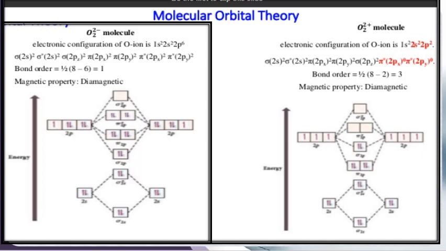Now what about O2 minus 2 and O2 plus 2? What does it mean? O2 minus 2 means the oxygen molecule has gained 2 electrons. Minus 2 means gain of 2 electrons, and plus 2 means loss of 2 electrons, right? Now the number of electrons for each of the p orbitals, when it has minus 2 configuration, it will be,